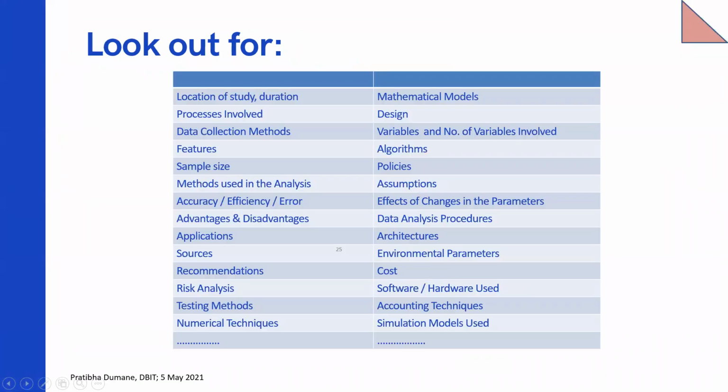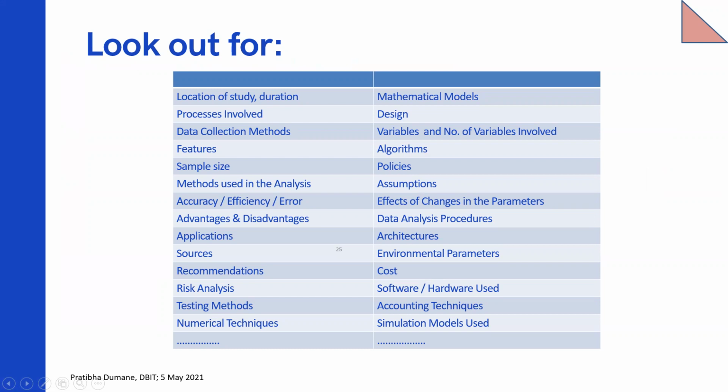Keep reading the papers and you will find many parameters that you can look out for based on the field of your study. There could be the location of the study, the duration of the study, the processes involved, the data collection methods that were used, what were the features that were extracted from the data, what was the sample size, what were the methods used in the analysis, what was the accuracy, the efficiency or the error that was the outcome,